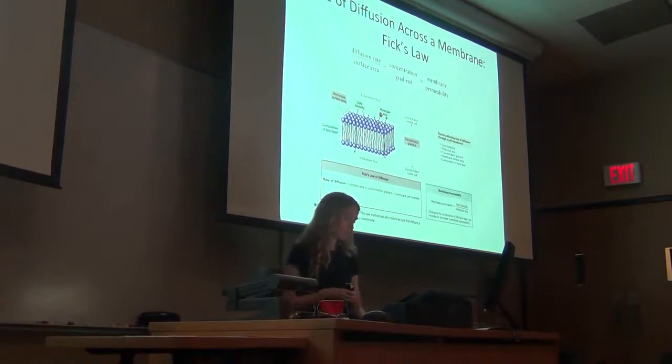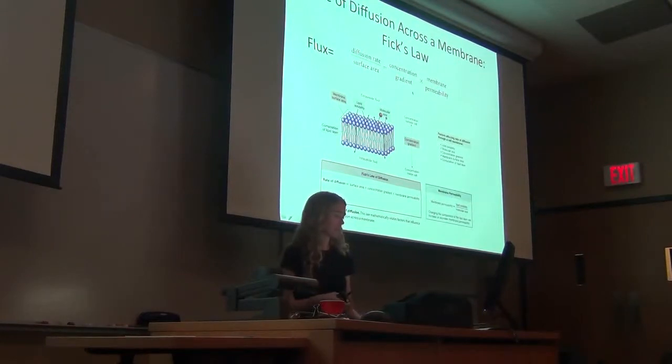And so we were here, we can take this relationship and Fick's law and rearrange it in this way, so that now we're looking at diffusion rate per unit of surface area. That's a term that describes flux. So this is flux of a molecule across the membrane, and you can see now very easily that there's a concentration gradient as well as membrane permeability. Okay, so